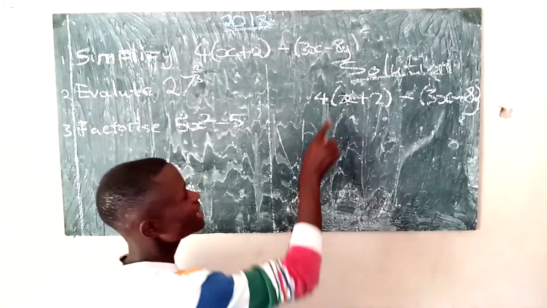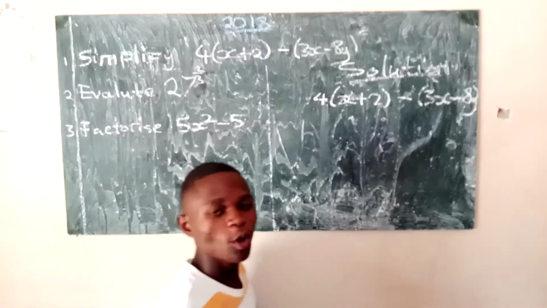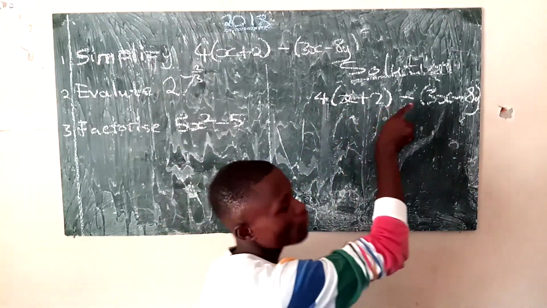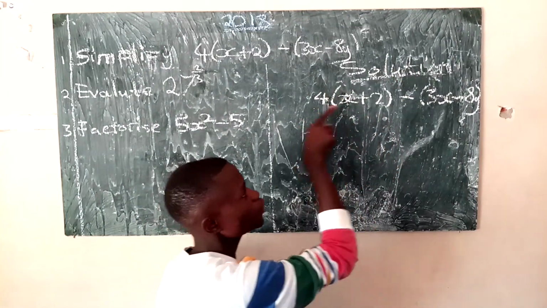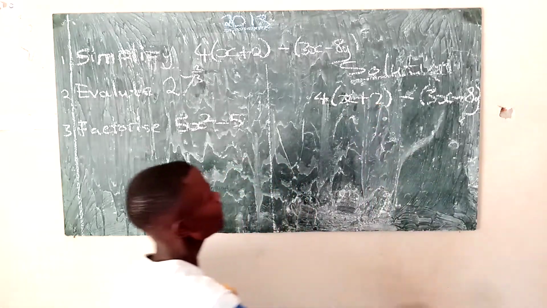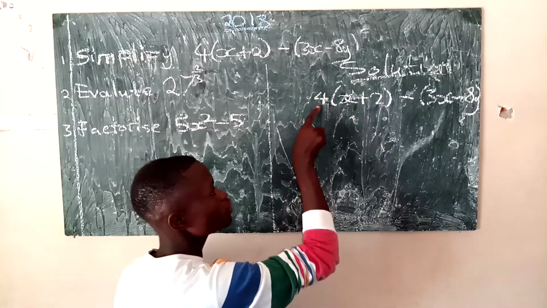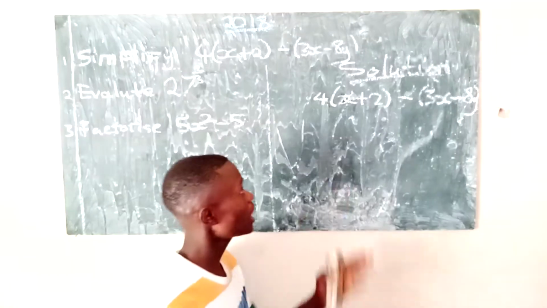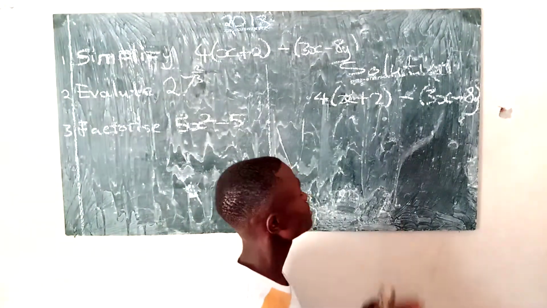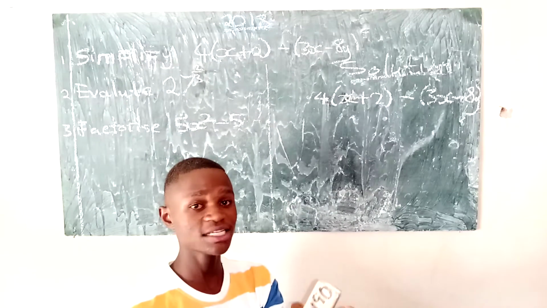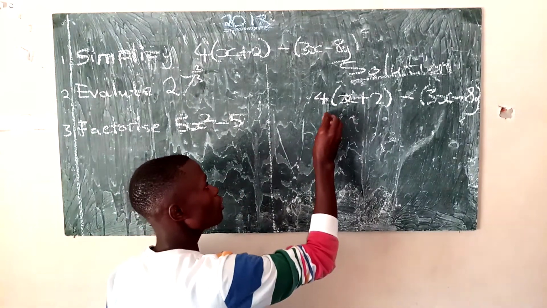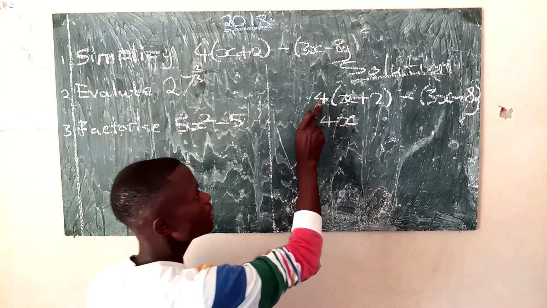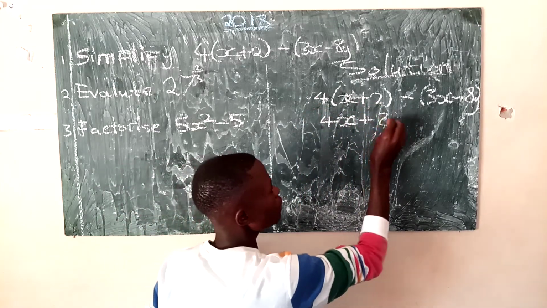Now remember that these are brackets, which means you have to multiply. It stands for multiplication. So distribute this 4 to all of these. This 4 should multiply this, and again this one. So 4 times x, you just combine. This is algebra. Numbers are represented by letters. So this letter x is representing a number. There is multiplication here. So 4 multiplied by 2, we have 8.